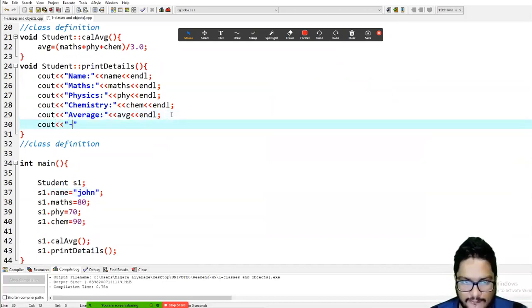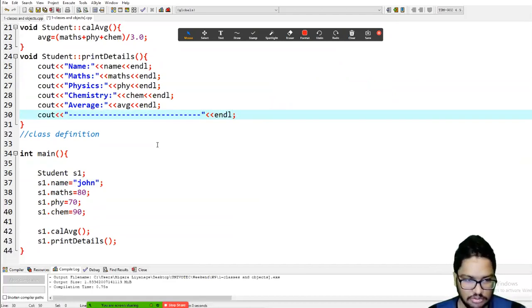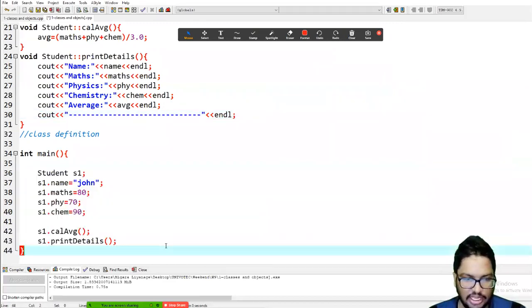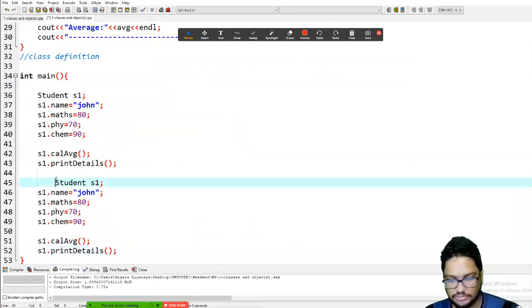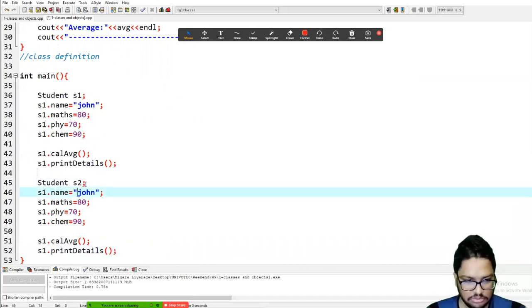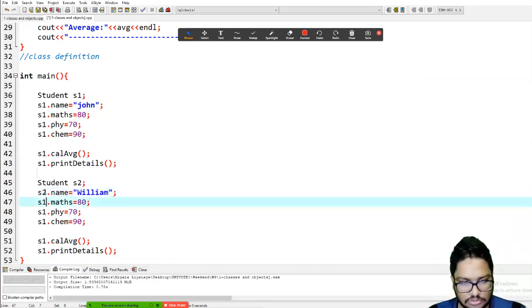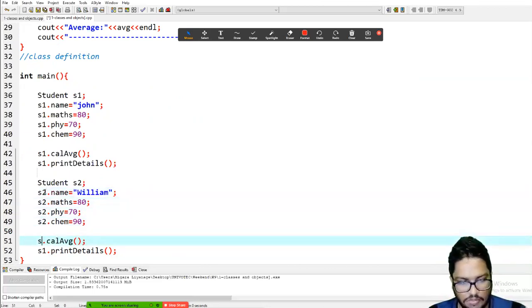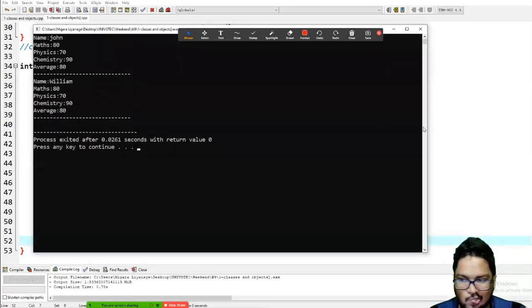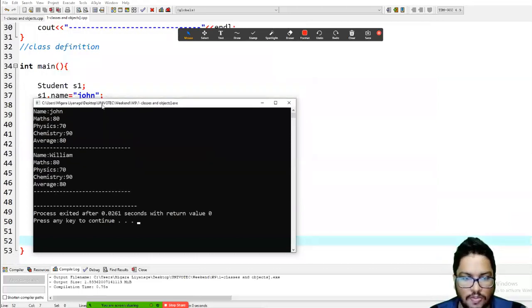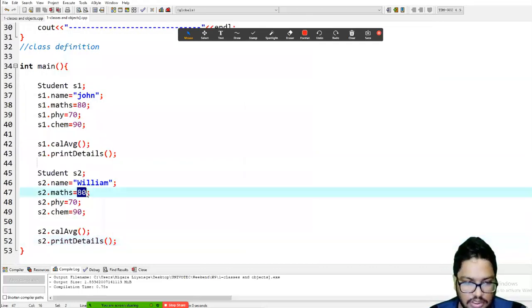Let me print a separator like this. Similarly, I can create another object. Let us create another object called s2, and let me change some values here.